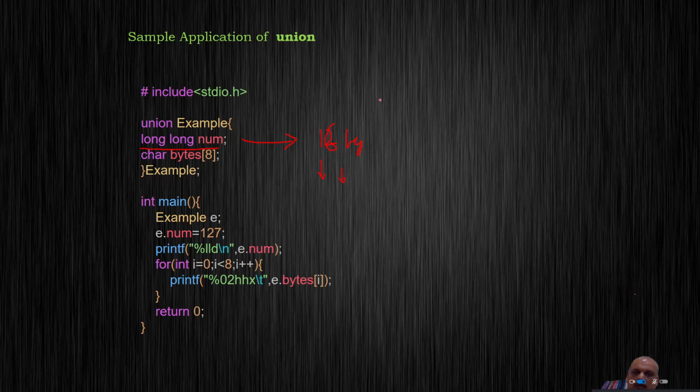Okay, so you want to split this 16 bytes of memory into 16 parts, and you want to peep into each of these bytes and get to know what is the information stored here. So this is the task that you are interested in.